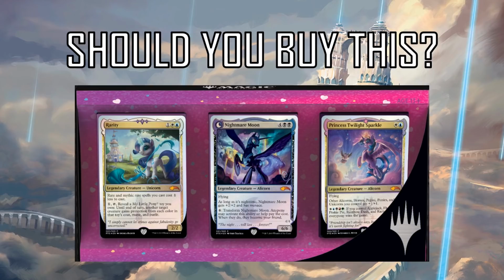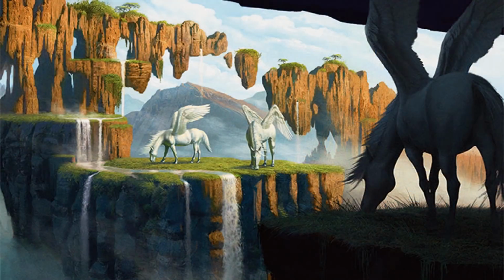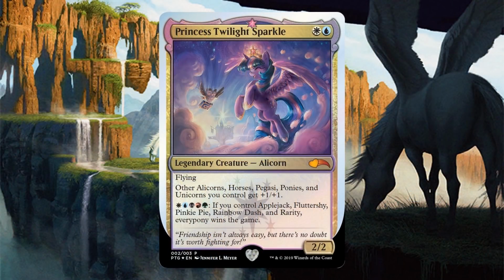So let's take a look at some of those cards, because Princess Twilight Sparkle, the card that references Applejack, Fluttershy, Pinkie Pie, Rainbow Dash, and Rarity, which we did talk about, is a potentially strong commander. But we have to look at it and say, can we even use that activated ability? And I have to say, you can. You just have to play a second silver bordered card. And that card is